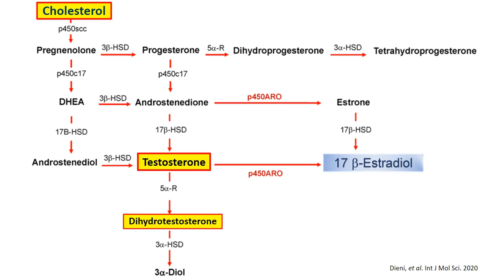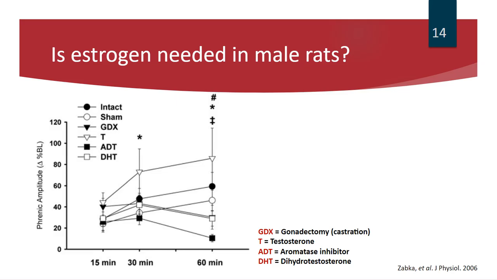So testosterone can be converted to estrogen through the P450 aromatase enzyme, or simply aromatase. Now, if you give a drug that blocks the activity of aromatase, you can block the conversion of testosterone to estrogen, which is a useful tool to use in these particular studies. It's also important to note that once testosterone has been converted to DHT, DHT is not able to be converted to estrogen, right? So with this knowledge in mind, I'll review the first paper that asked the question about whether